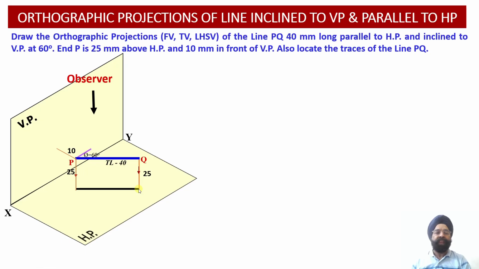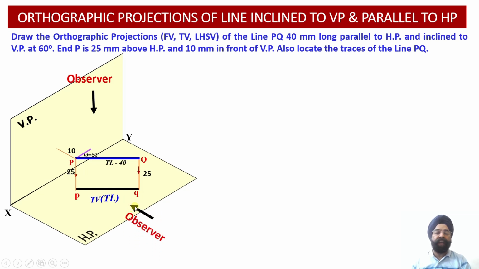So since this line PQ is parallel to the horizontal plane, its projection onto the horizontal plane will reveal the true length of the line. So this representation PQ is the top view projection of this line, which happens to be the true length. Now, when the observer looks at this particular line from the front side,